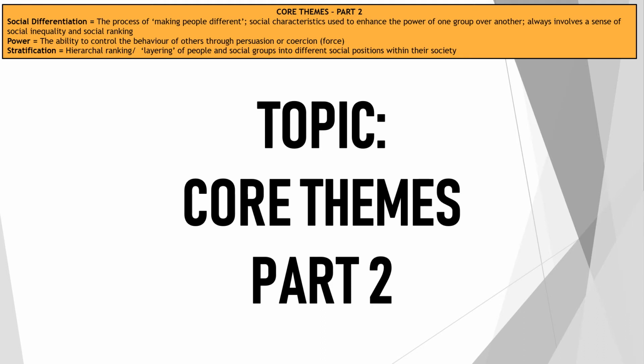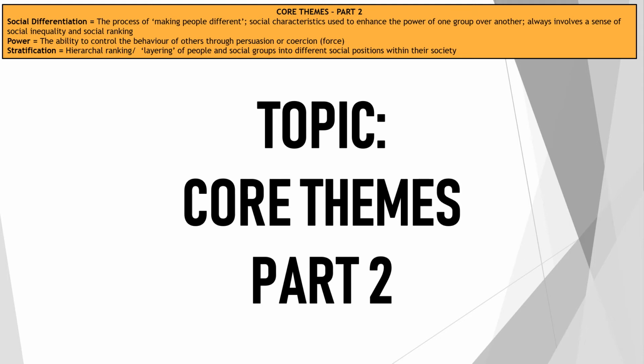Power was the second concept we looked at. Power is the ability to control and exert your force over other people. Essentially, it's having a position where you can tell people what to do. So in the classroom, when you're in college, the teacher has the power. They are the person with the power, and the reason they've got that power is their age, their social class, their status, their educational achievements, and their role within the college. That gives them power. And in a college sense, it is a perceived power. It's not a physical power that they can control what you do, but this presumption that they are in charge and you listen to what they say.